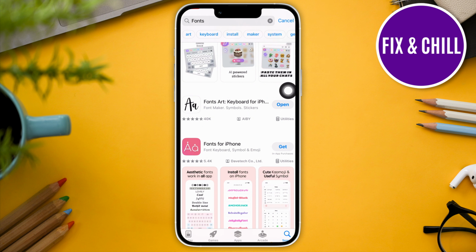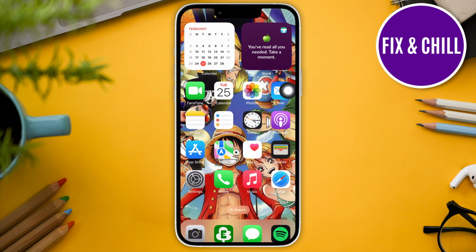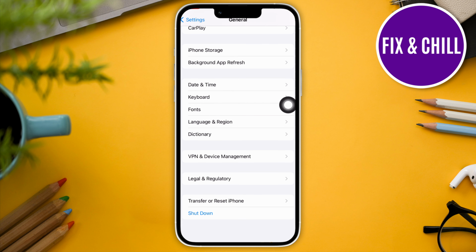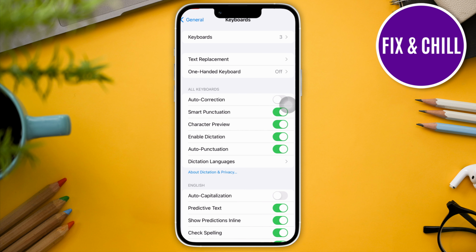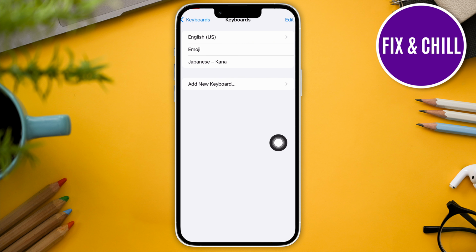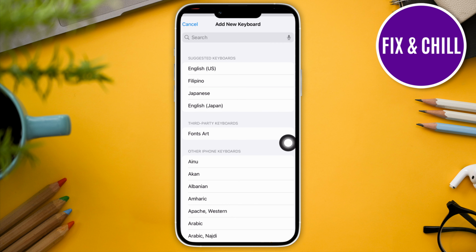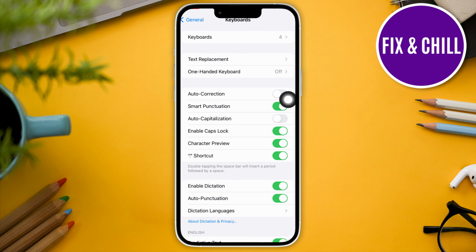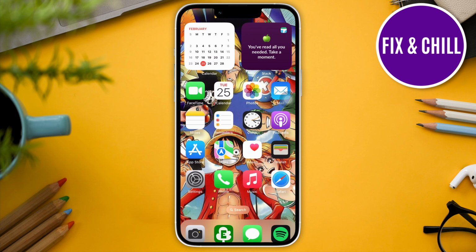So once you download the app, you're just going to close that and then head to your settings and then tap General, look for Keyboard, and right here on the Keyboard section, make sure to tap on Add New Keyboard and select the third-party app or keyboard that you just downloaded. So once you do that, you should be able to access the keyboard that has the font that you wish